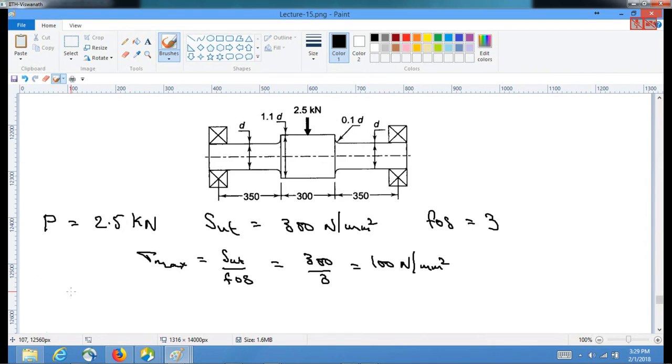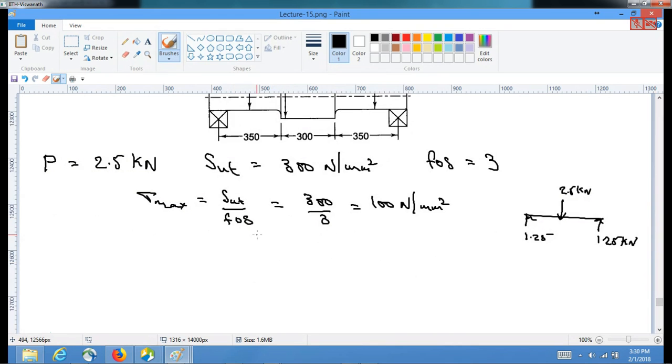Then, because of the symmetry, we will not be doing the entire part of it. By symmetry, the load is 2.5 kilonewton. That means the reactions at these places are 1.25 kilonewtons by default. So then we can write that our bending because of this